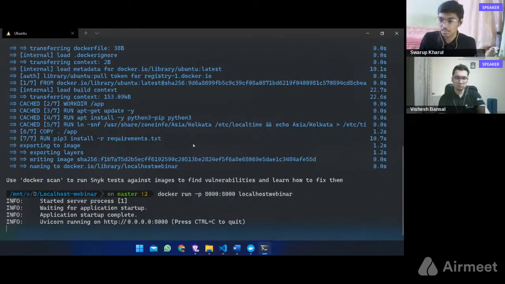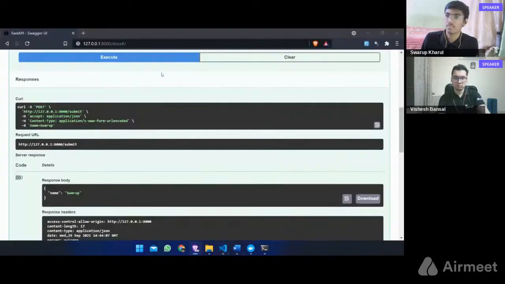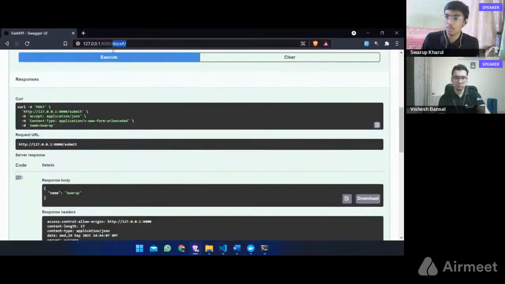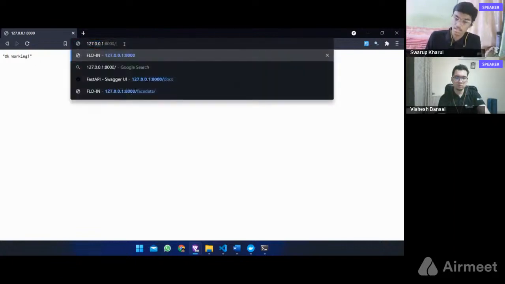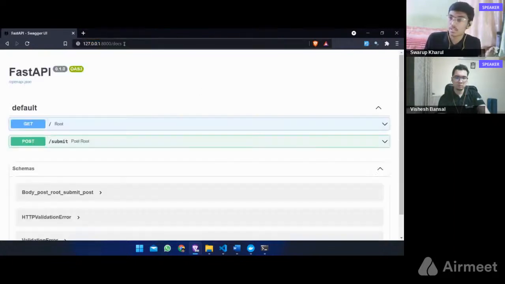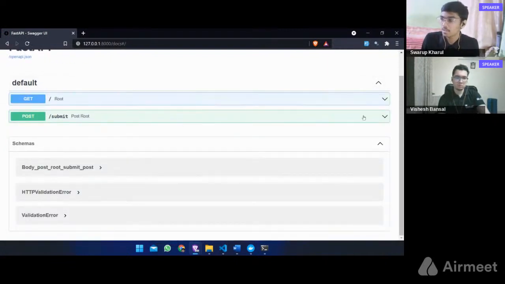Again, our application is running. Let's check it once. The same URL should work now. Okay, there it is. So even now our application is still working. Let's see the documentation. Yeah, it's still working. So we don't need to check it again.